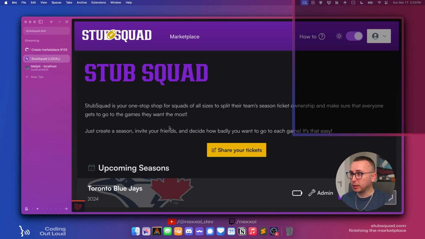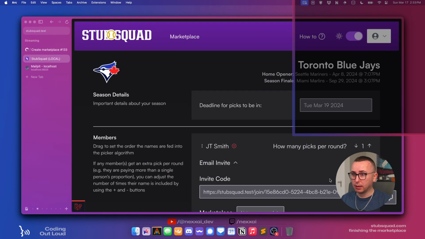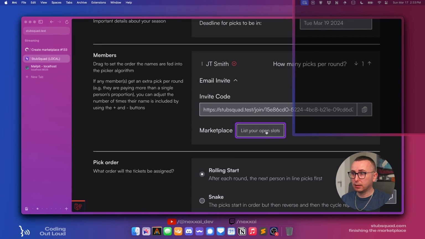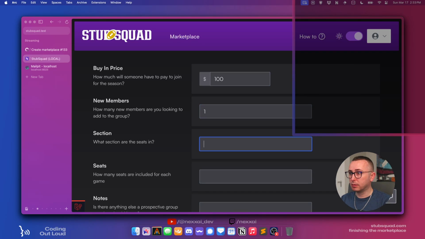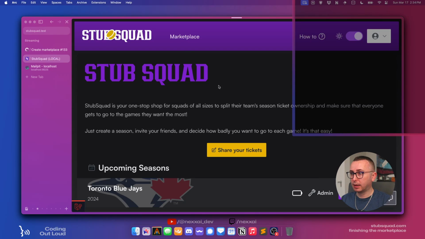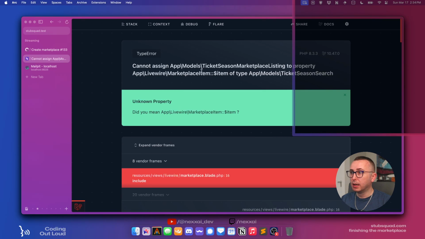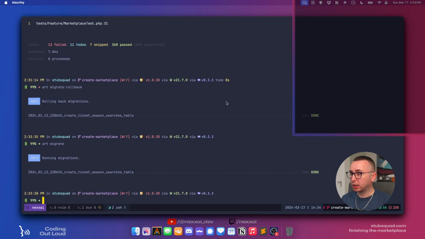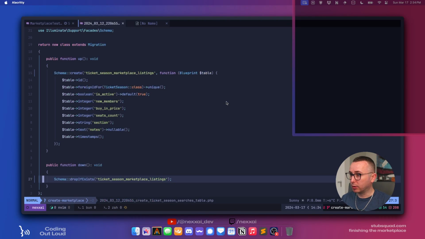I could probably look at the error, but I'd rather just go in here and make this. So 100, 1, 1, 2021, blah, whatever. Okay, cool. So let's go to the marketplace. Cannot assign blah, blah, blah listing to, okay, so this is on the marketplace blade or marketplace.